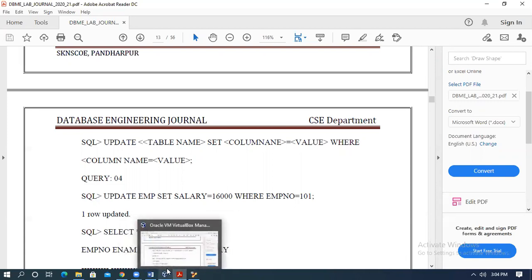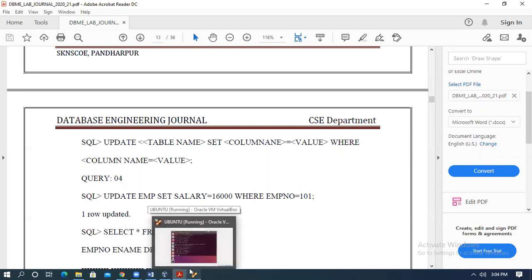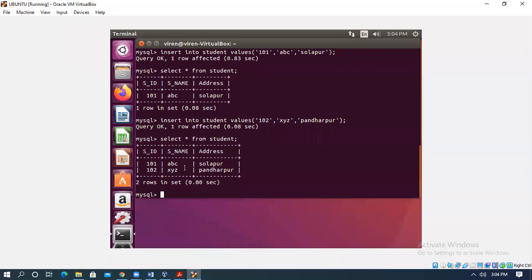Suppose I want to set address as Akluj, whose SID is 102.